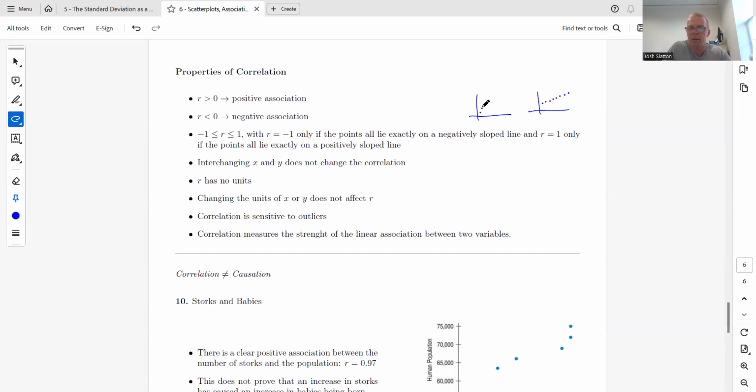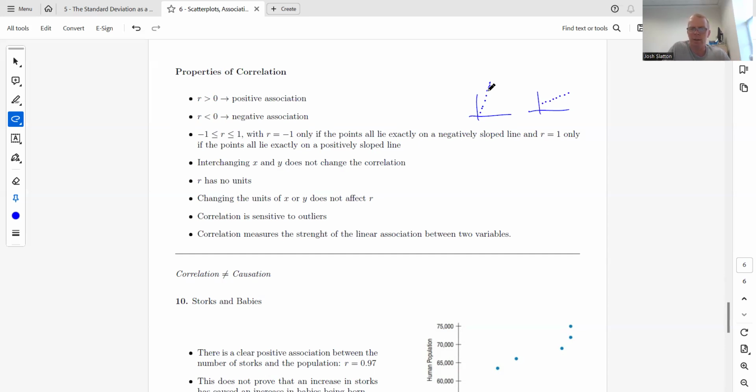You could have a slope like that. That would still be R equals 1. So the slope is not what we're talking about. We're just talking about the strength, and it is a positive slope. But the slope could be 10. It could be 0.5. All we know is that it's positive, and if R is 1, we know that they